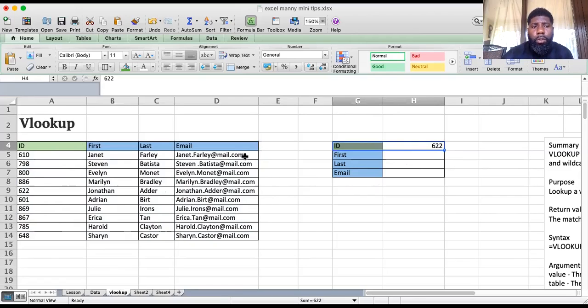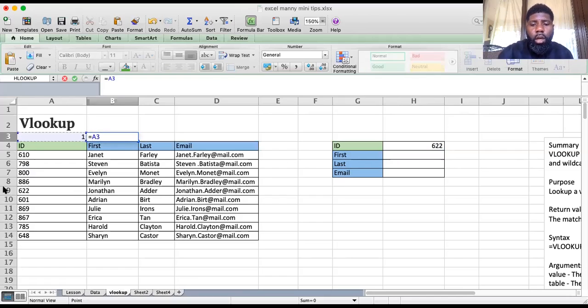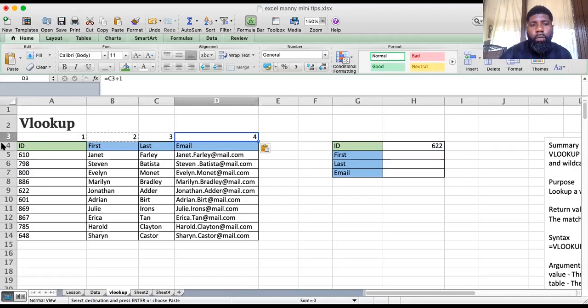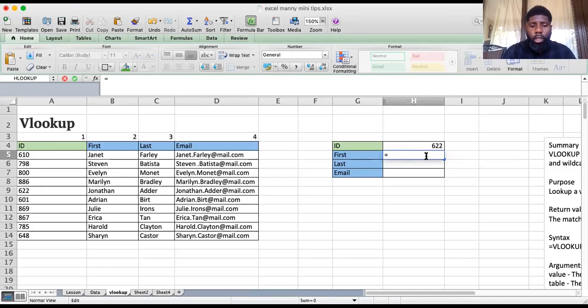So what we'll do is, first of all, we're going to start doing our column count, right? So from that VLOOKUP value, this will be my first column of the table. So I'm going to put 1 there. That's number 1. Then my second count will be number 2, number 3, number 4. You'll see why that's very important in a minute. Formula: if you start typing VLOOKUP,